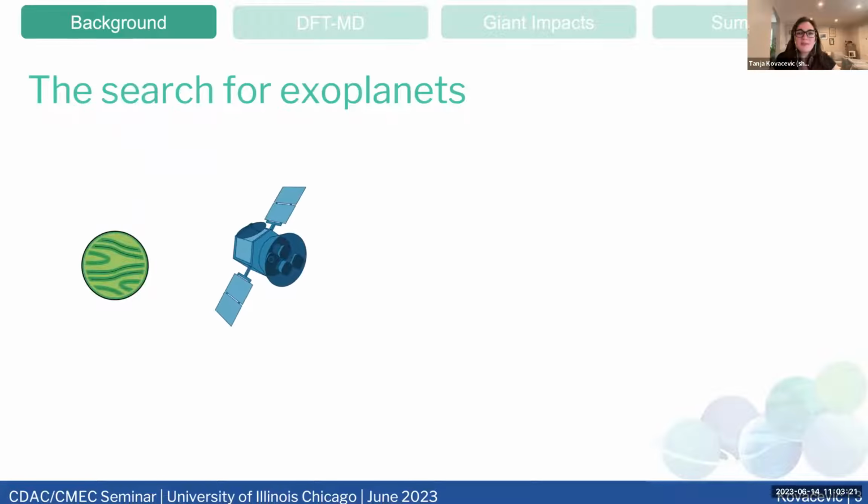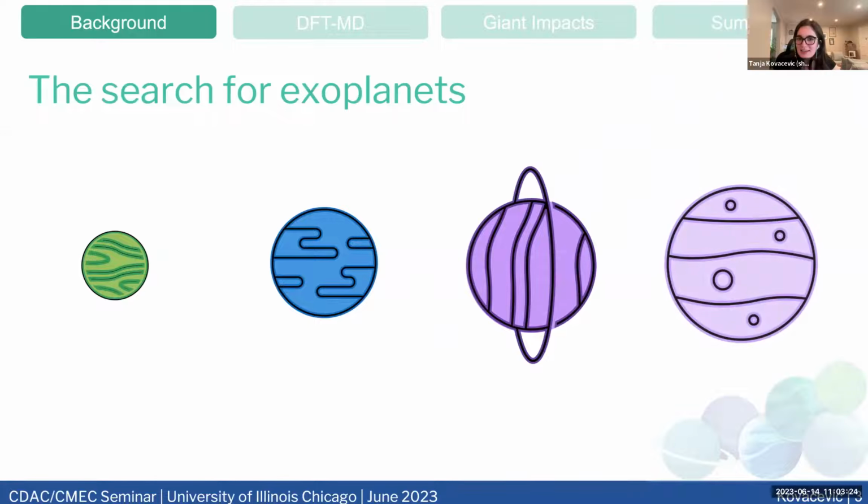So let's begin with a little bit of background. The first exoplanet was detected in 1992, and planetary science has been booming ever since. That satellite you just saw rush across the slide has been able to discover thousands of exoplanets. And they are able to provide these mass radius relationships for these exoplanets, of course with varying degrees of uncertainty. Currently, our technology is a little biased to the close-in planets, those are the ones that have been confirmed, meaning that they have super short periods because they're super close to their host star. And so those are the planets that we have to work with.